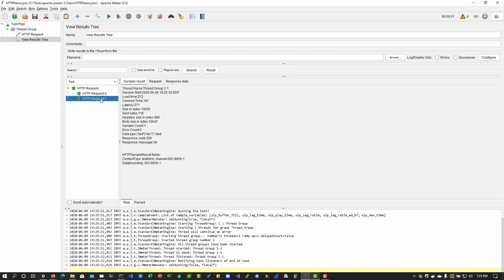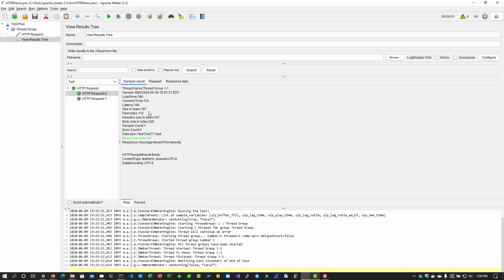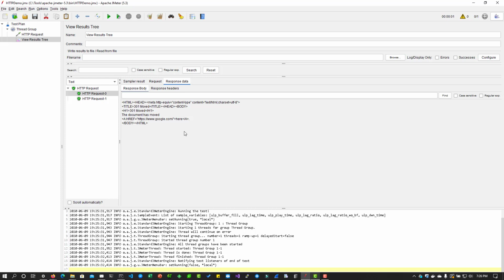Let us dive into that. If you click on request-0 and look at the request details, it is launching https://google.com, and the response code is HTTP 301, basically saying moved permanently. So this is the response code we have received. 301 means the resource you are looking for has been moved to a new location, which is